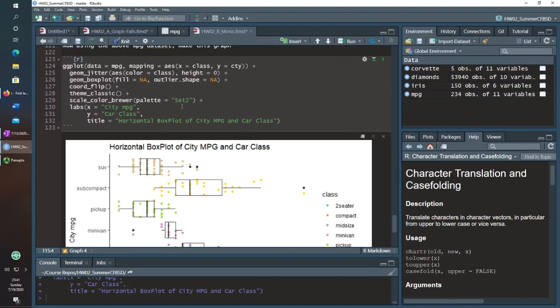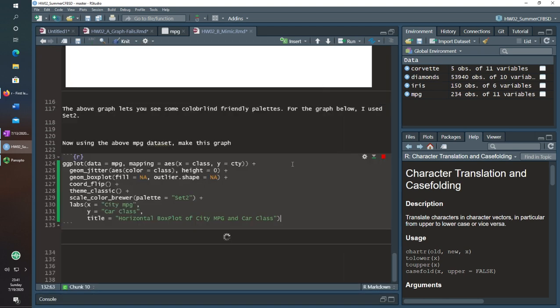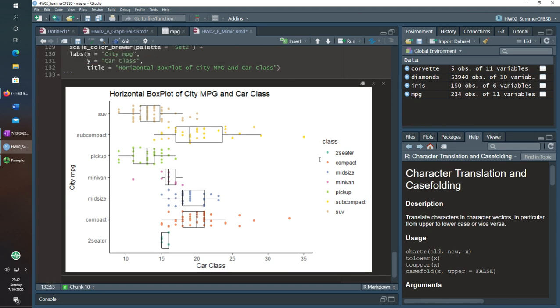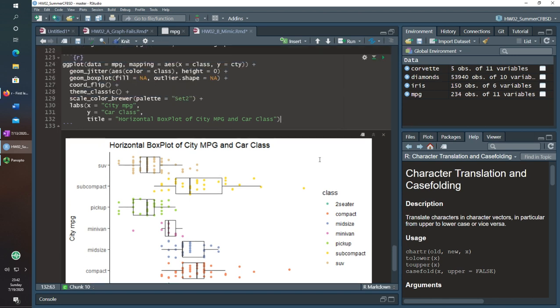So then the last thing was just to change the label titles, and if I hit play again, you'll be able to see everything there. So a lot of tricks there, probably a lot of Googling for everyone, so my apologies in a way for that. Part of graphing with ggplot is just Googling things, but hopefully you saw that in a lot of these graphs there was a lot of thought put into making it so that you can see a lot of different things.